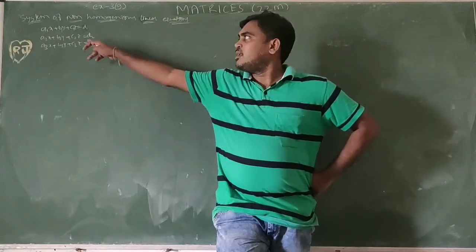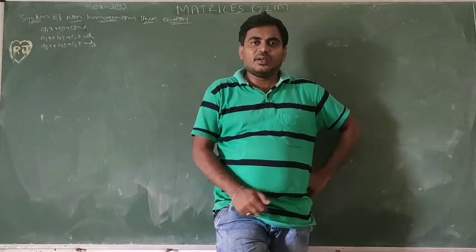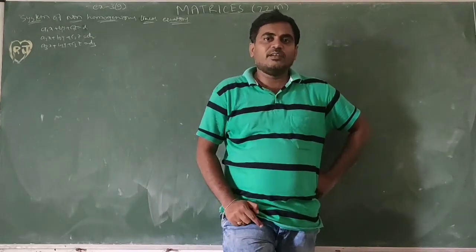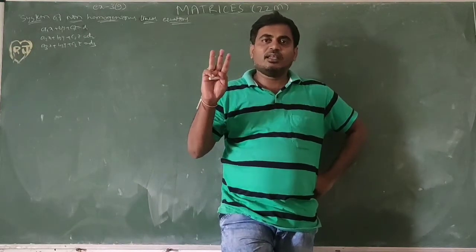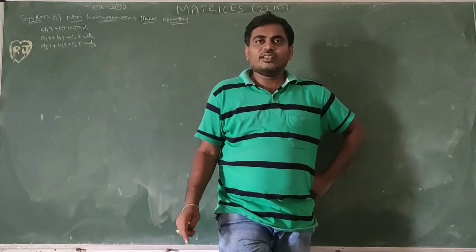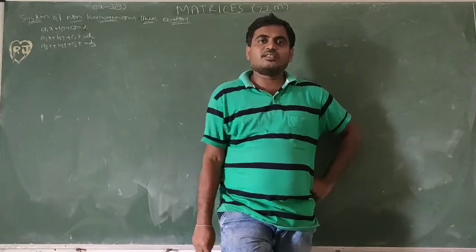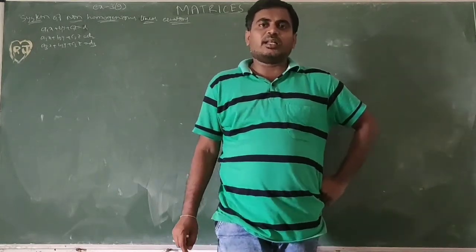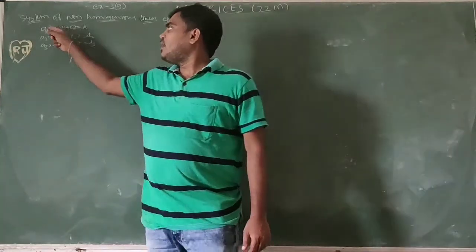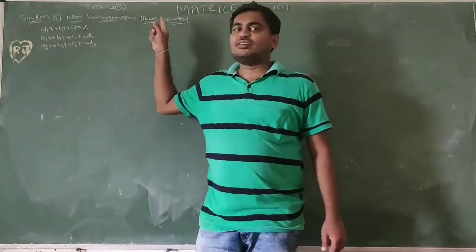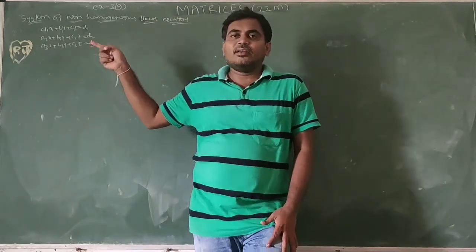So here the equations are a1x plus b1y plus c1z equal to d1, a2x plus b2y plus c2z equal to d2, a3x plus b3y plus c3z equal to d3. So here variables are 3, equations are 3. If it is only one equation, a single equation, two equations, a pair of equations, three or more equations, then all together are called a system of equations. The maximum power is 1, so that's why it is a linear equation. Power of x, y, z is equal to 1. So these are linear equations.